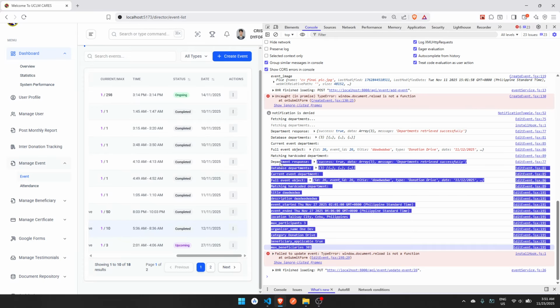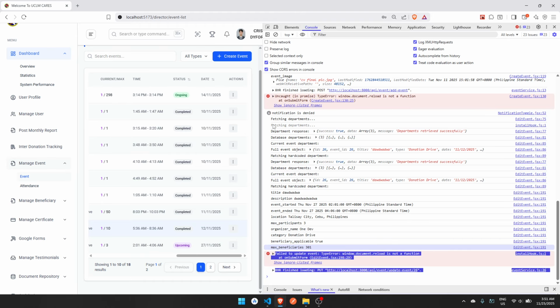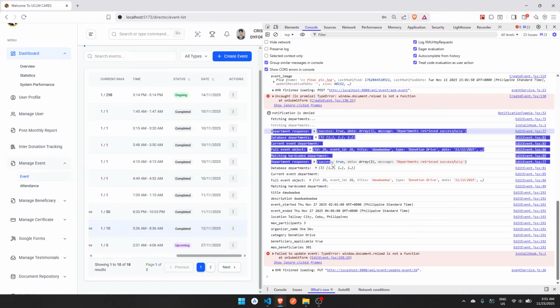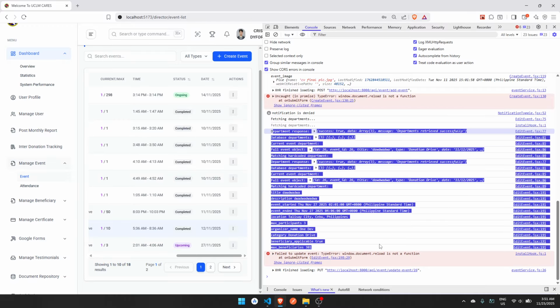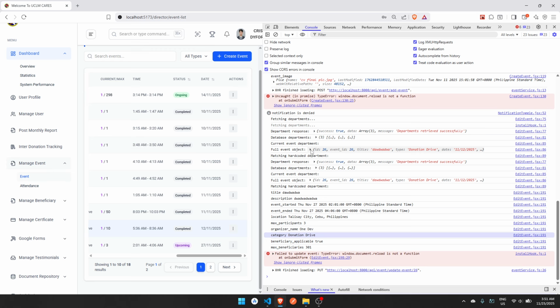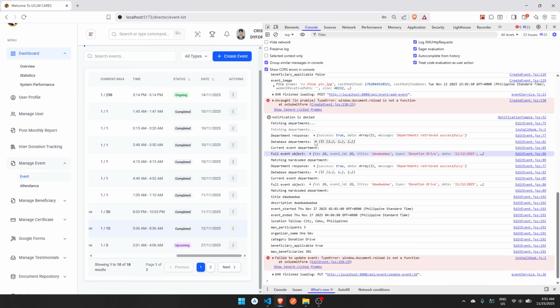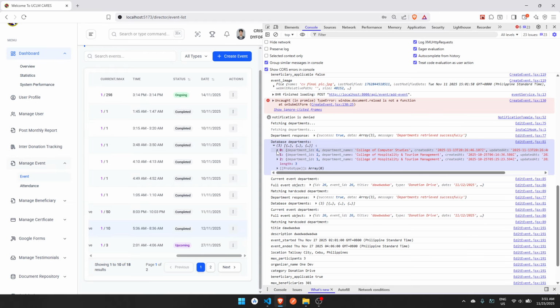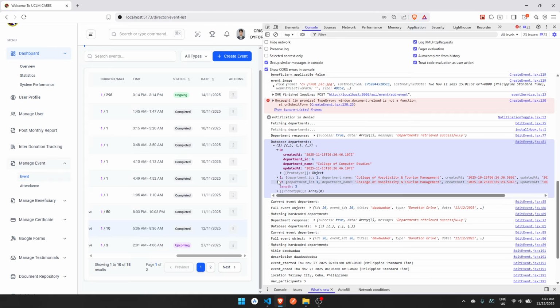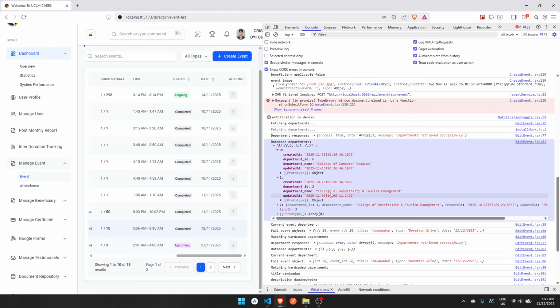And then we have here the response, and the console is primarily used for debugging. If we do a console log for testing the data, we can see all the data we logged, the test data that was requested in the backend.